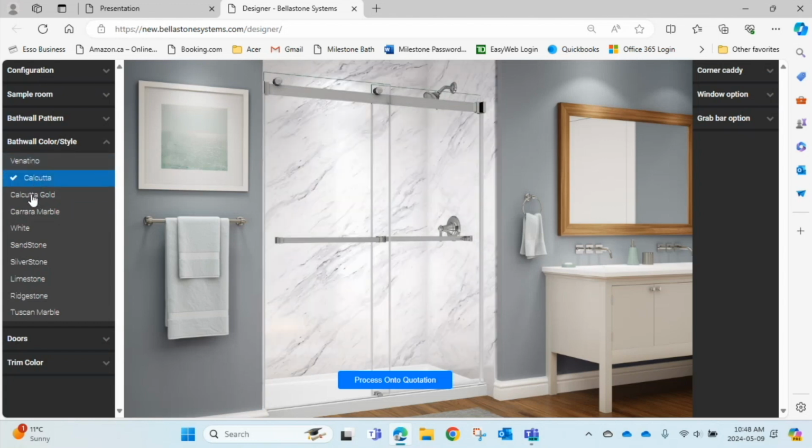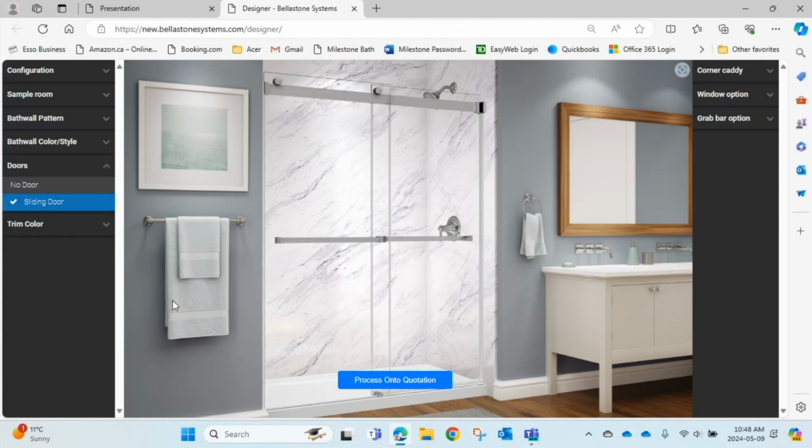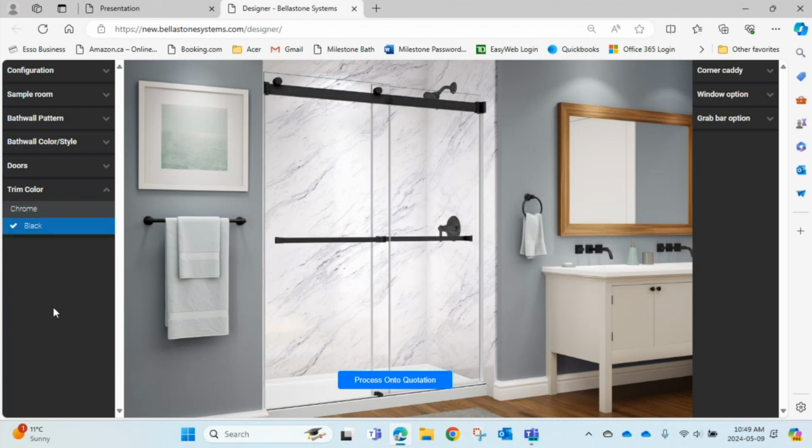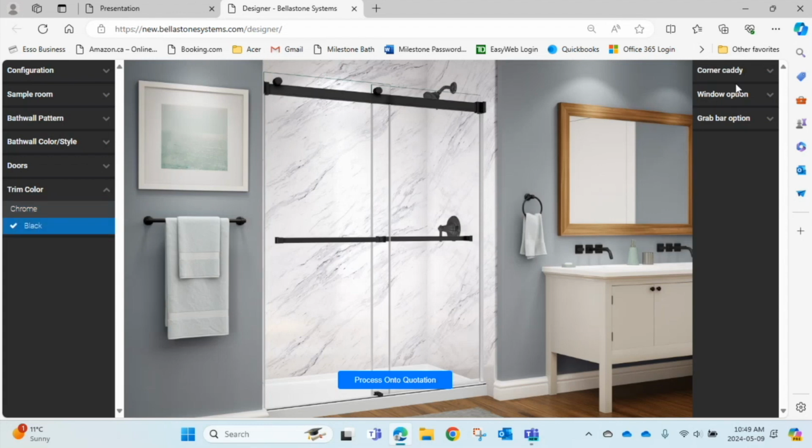And at this point, hopefully the customer makes a final decision. Typically in a shower, you're going to show that with a glass door. If it's a bathtub though, it's a 50-50 chance whether it's a glass door or a curtain. We can also change from chrome to black. And by the way, brushed nickel looks the same as chrome on a computer screen, so you can do it that way. And we can add glass shelves on, single shelves,